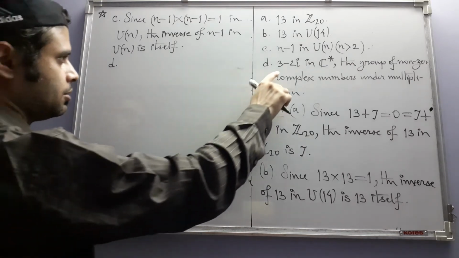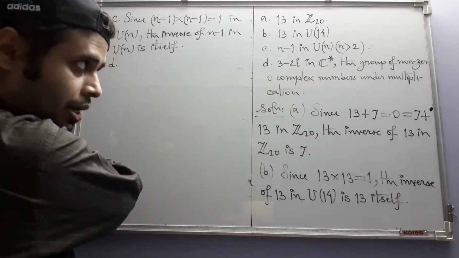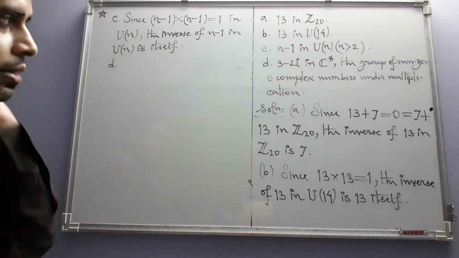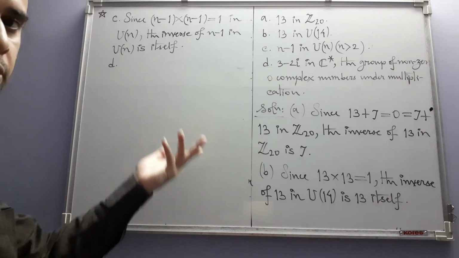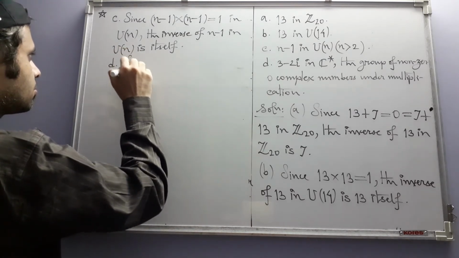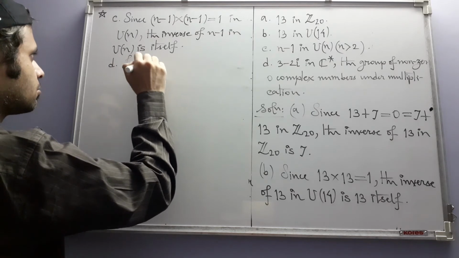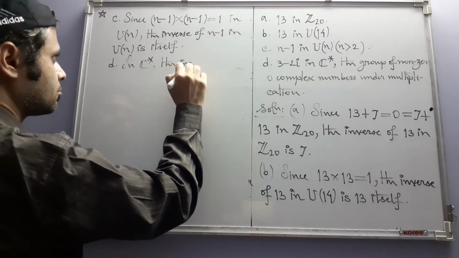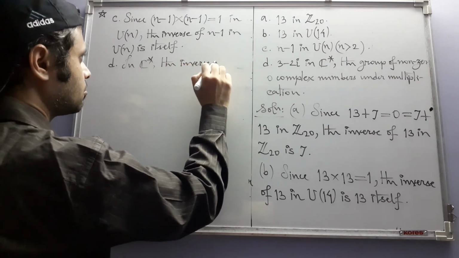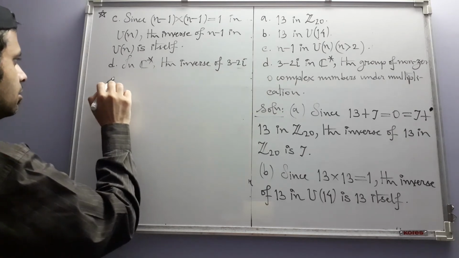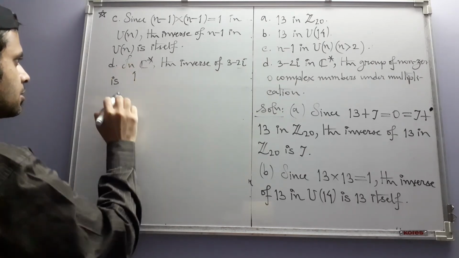In that group, this non-zero complex number will have an inverse, which you know is simply the reciprocal of the complex number. In C star, the inverse of 3 minus 2i is just simply